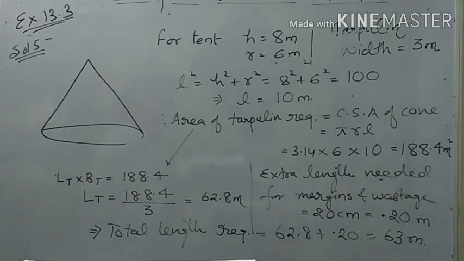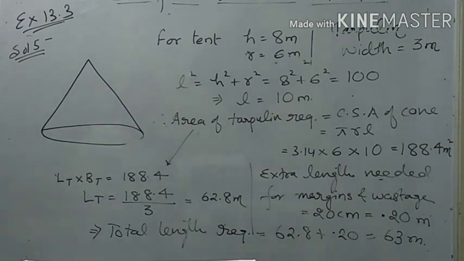And we have to make a cover for this tent. And what will it be made from? Sorry, not the cover. The tent itself we have to make with the help of the tarpaulin. Tarpaulin, you can understand, is a cloth, right? So it is a rectangle. So what will we have in it? Length and width. But we are provided only with the width of the tarpaulin.